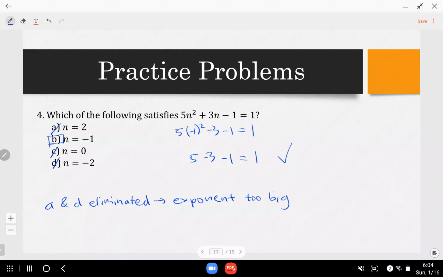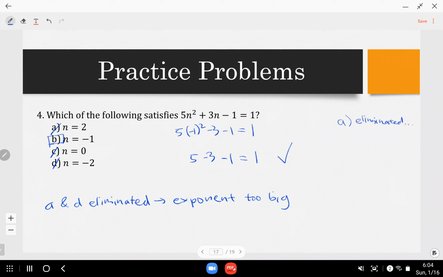Especially, I have a multiple choice question in the homework. So let's say you decide to eliminate A and D. So at A, you don't need to show any work, right? Because you can say eliminated,